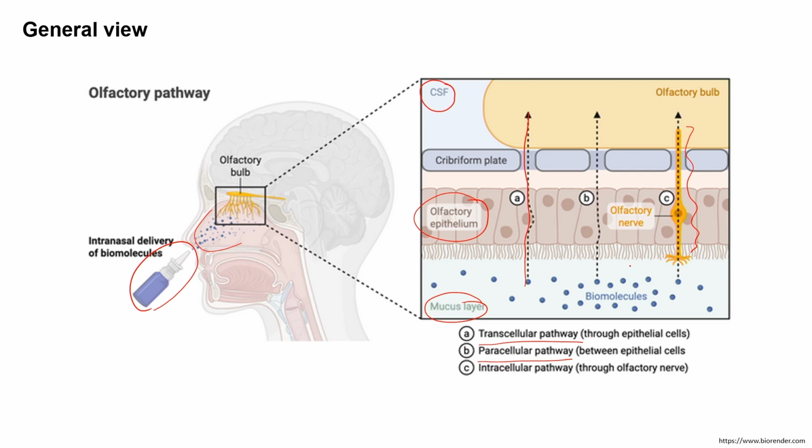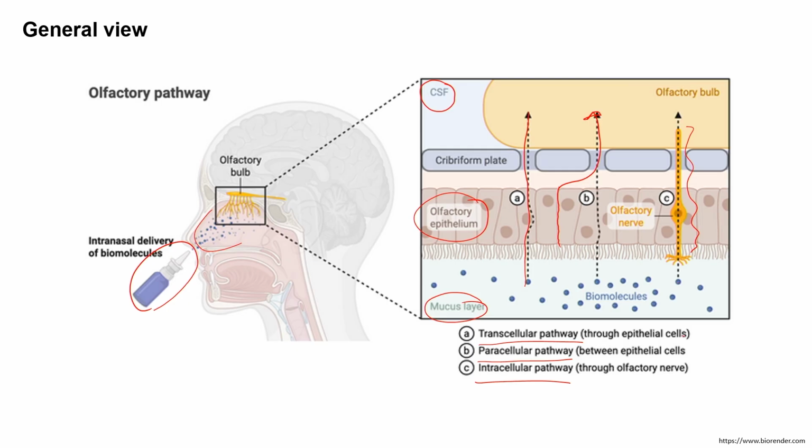Paracellular pathway stands for when we have an entry in between the epithelial cells. So the marginal epithelial layer in between the two cells can give an entry of antigen to the cerebrospinal fluid or into the central nervous system. So this could be the second way, and the third could be through the nerve, called intracellular, which stands for inside the cell. So these are passing through the neurons, the olfactory nerve,